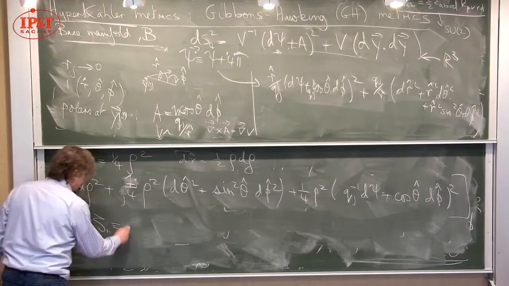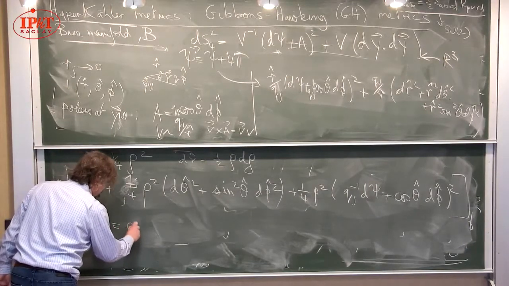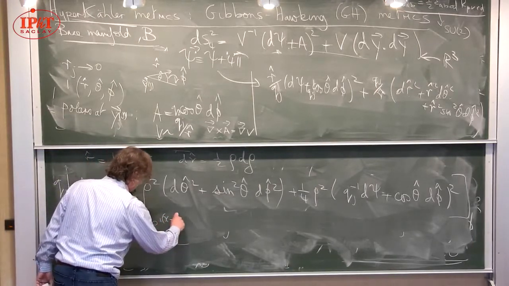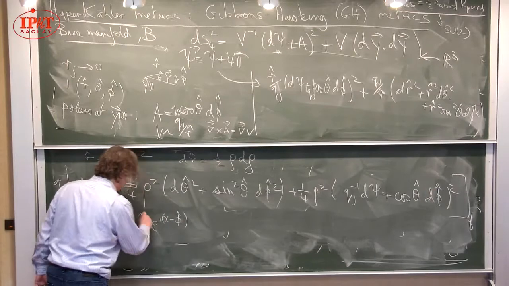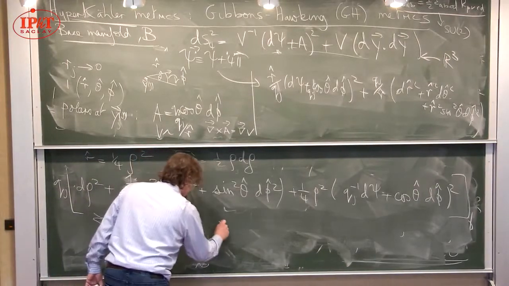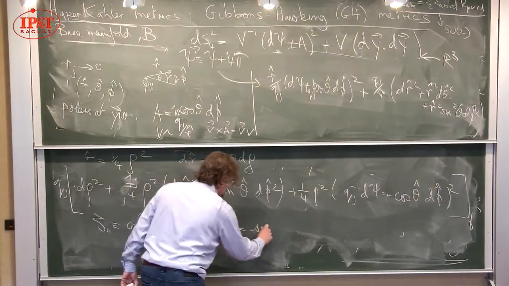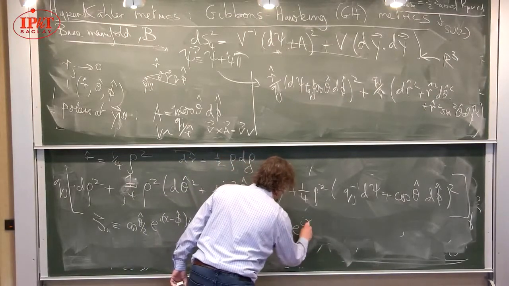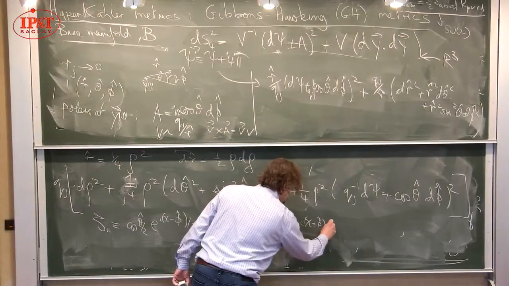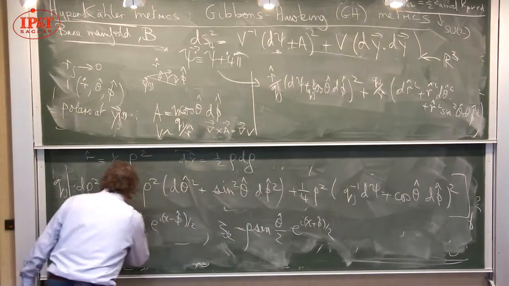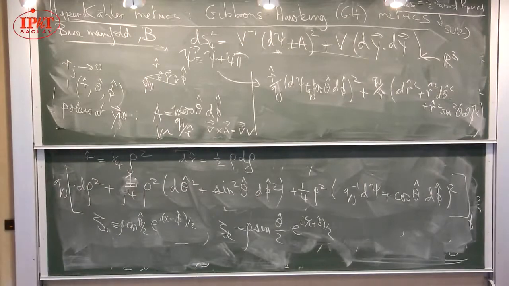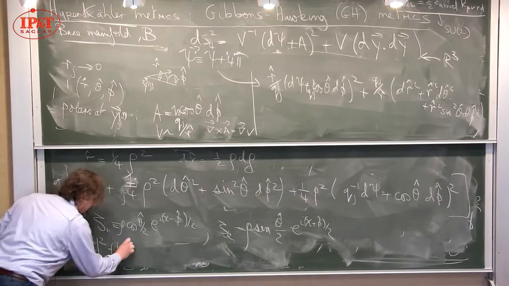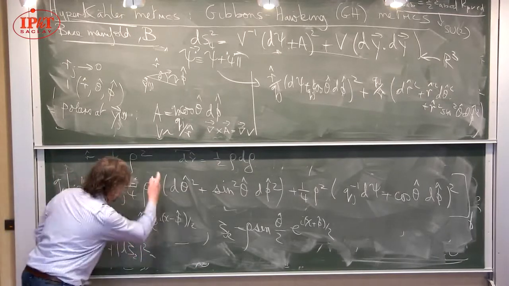Take complex coordinates: zeta 1 is cosine theta hat over 2, e to the i (chi minus phi hat) over 2, and zeta 2 is equal to sine theta hat over 2, e to the i (chi plus phi hat) over 2, with a rho in front. Then if you calculate the flat metric, d zeta squared, that's the exercise,